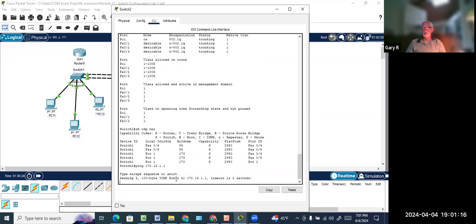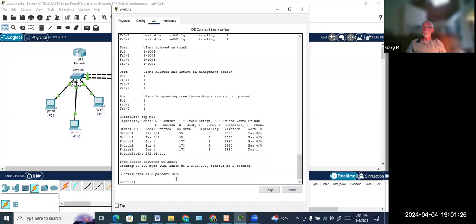Ping 172.16.1.1. I don't know why it's not pinging though. It should be pinging across there. Did I make any mistake in the ping? No. Which two? 1.1. They're both in VLAN 1. VLAN 1 is the only thing across there. Well, if the